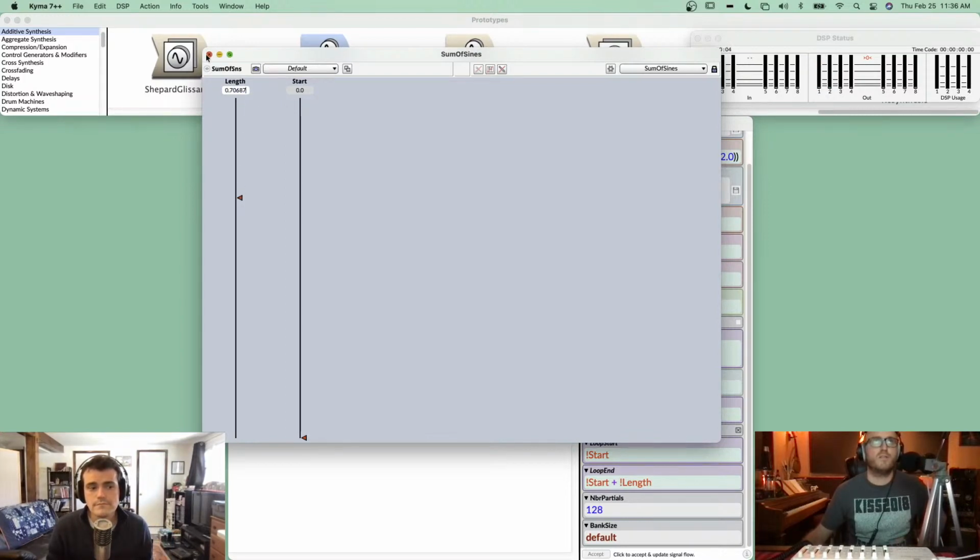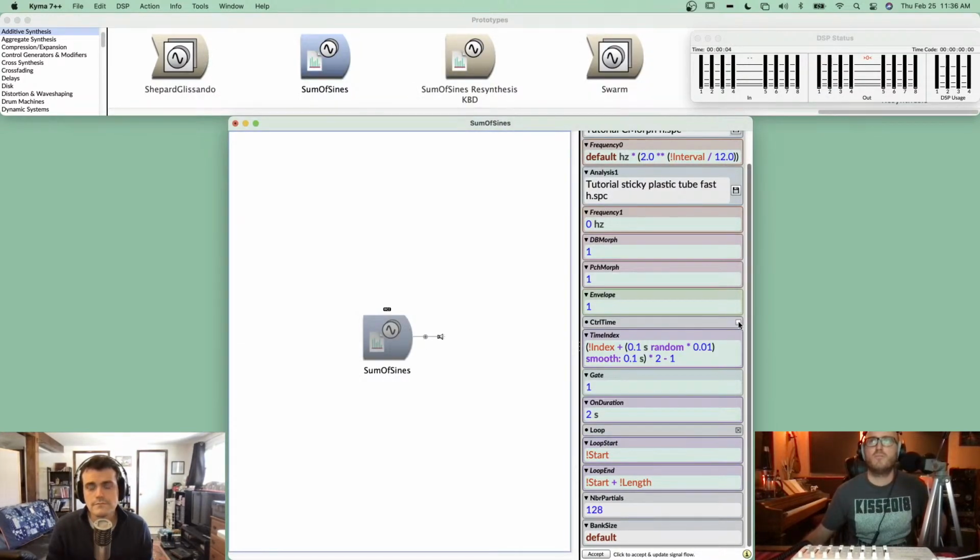No, it's a good point. It's basically, yeah, when control time is checked, we're now using the time index. When it's unchecked, we have on duration, and it also brings in the factor loop start, loop end. Right? Yep. One thing that's interesting, and I think we've covered a lot, but I did just want to mention